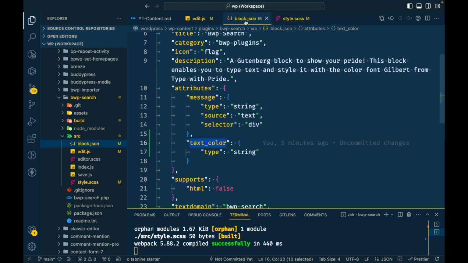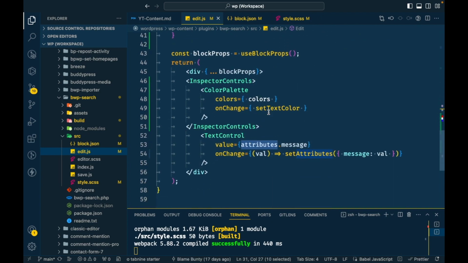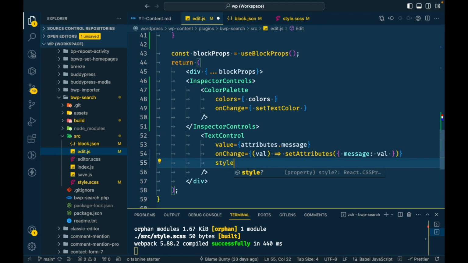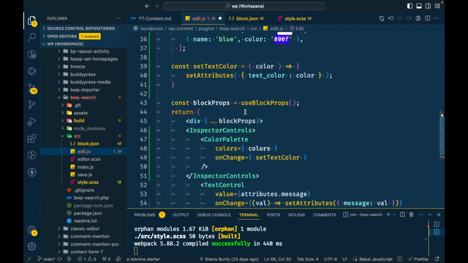Okay, and now we can apply a style tag over here, and in this style we will set color, and color will be